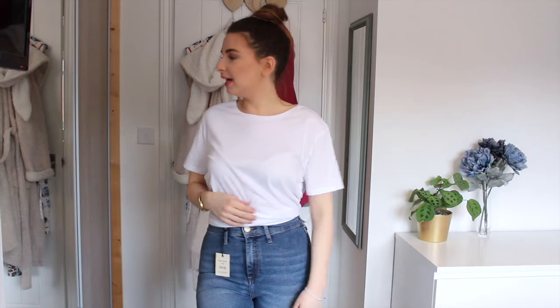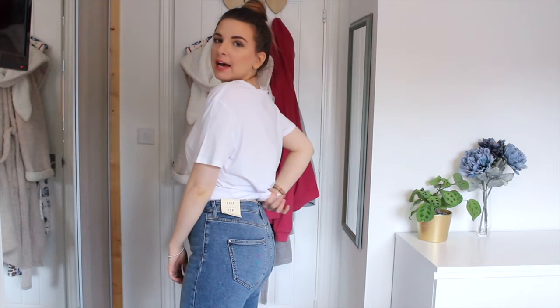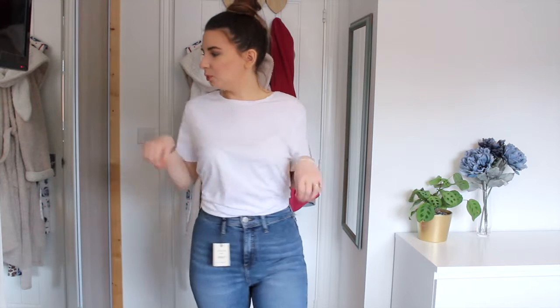And I like to tie my tops at the back as well to really pull them in and show off my waistline a little bit, because it's kind of like you either have the knotted detail here at the front, but I've gone with it on the back today. So as you can see, this is just box standard, really lovely. I've tied it around the back here. This is what I do, so you either tie it around the back here and it just pulls it in really lovely, or